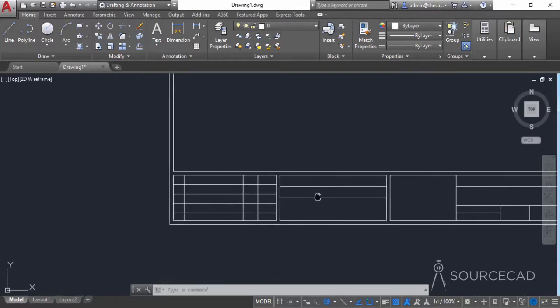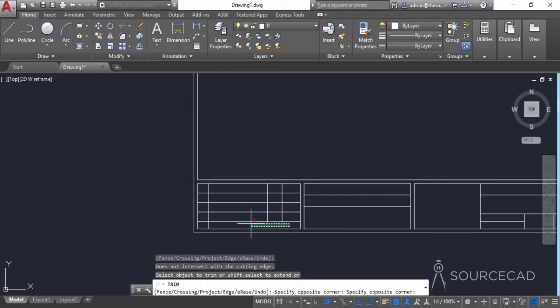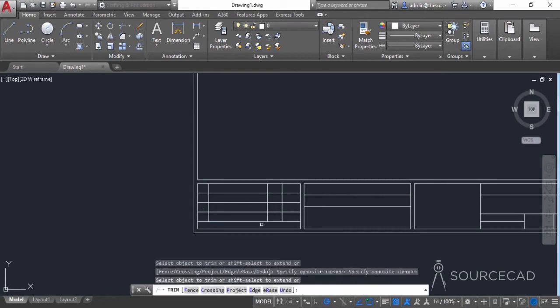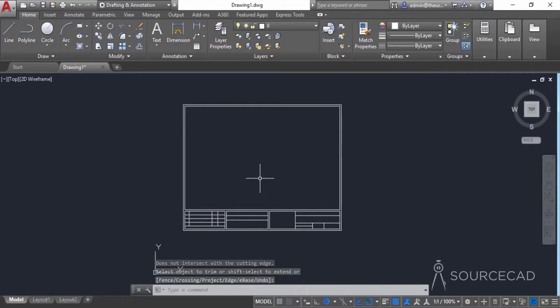Well, that's fine, we don't need to trim anything here, but we do need to trim some of the geometries from here. So I'll go to trim, press enter, and here you need to trim this block completely. So I'll just clean that area, and that's all the trim that we need here. So let's now press enter, and there we have it. So the basic structure of our title block is now prepared, and we can use this title block to add